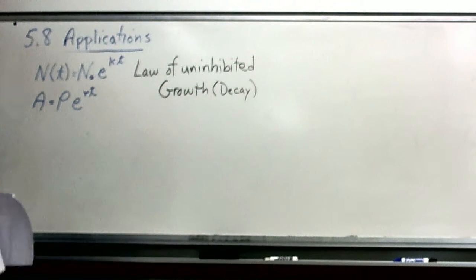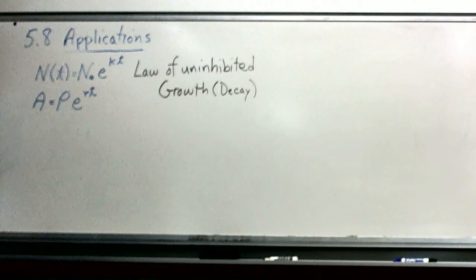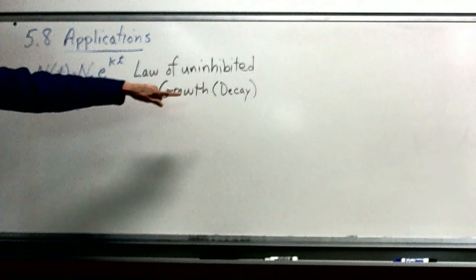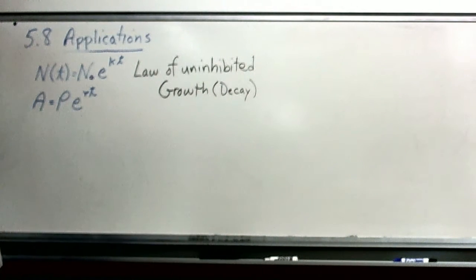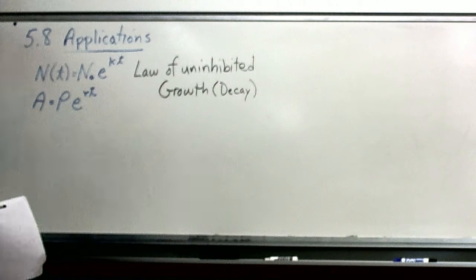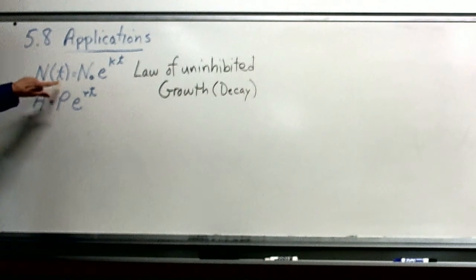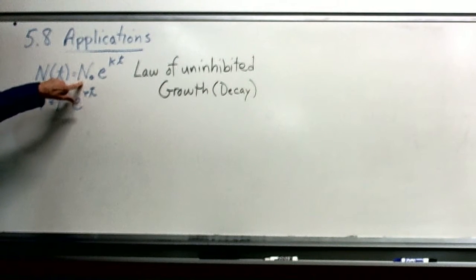All right, this video is going to be about some applications for the exponential functions. And we're going to start off with the law of uninhibited growth, or we can use it for uninhibited decay. The formula given is N of t, that's your function notation, equal to N naught, or N sub 0, e